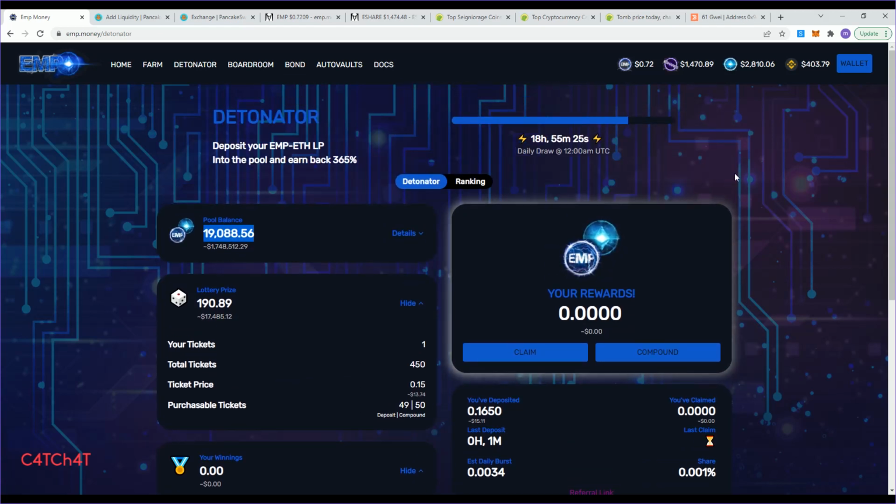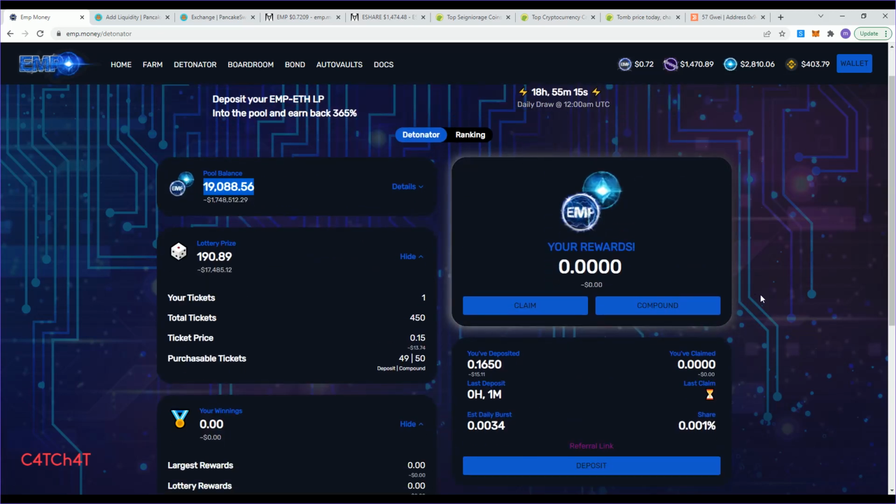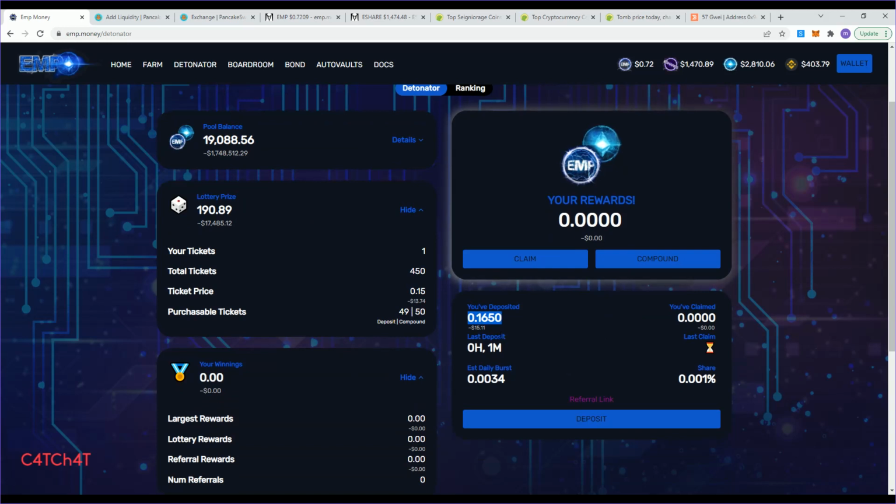So this will actually gain interest over the course of the day, and tomorrow when I do a follow-up video, I will show you after 24 hours how much this LP, this amount that I deposited, has made.